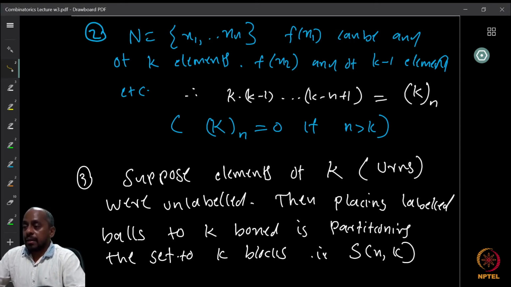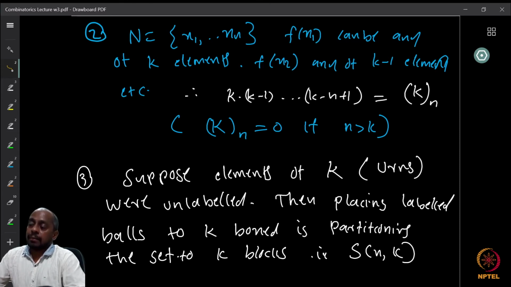But if you take x2, once you fix an image for x1, x2 cannot be that image, because we want it to be injective. So therefore, f of x2 must be any of the remaining k minus 1 elements. Similarly, you continue, you will get k into k minus 1 into etc. k minus n plus 1,